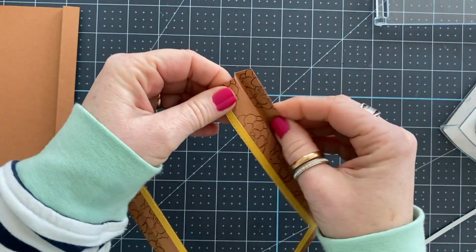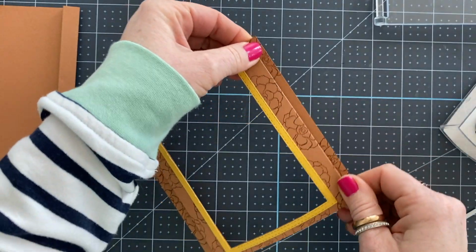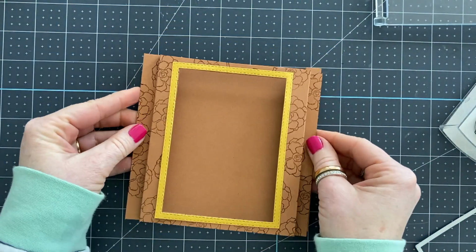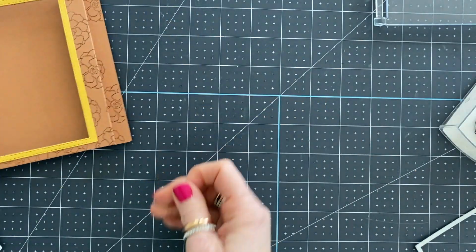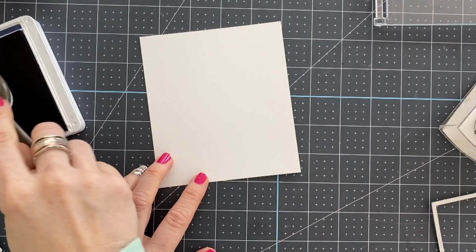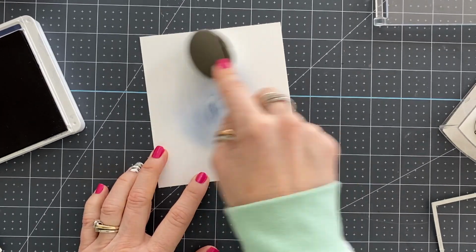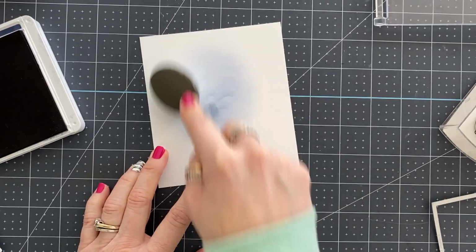Okay, so as you continue to watch me assemble this card and finish things out, I'm just going to chit chat with you for a few minutes. Oh yeah, I have to do some ink blending for the back to go behind the succulent. Okay,